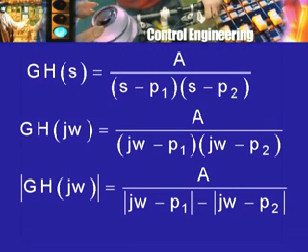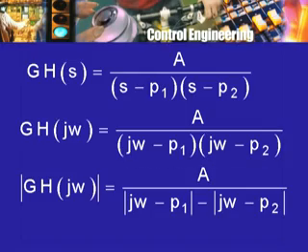So, what will GH as a function of s look like? Well, there are no zeros. So, in the numerator there will be just some constant or a number A, and in the denominator we will have (s minus P1) into (s minus P2). This will be the polynomial in the denominator because there are two poles P1 and P2. Now, if we replace s by jω, we will get GH(jω) equal to A divided by (jω minus P1) into (jω minus